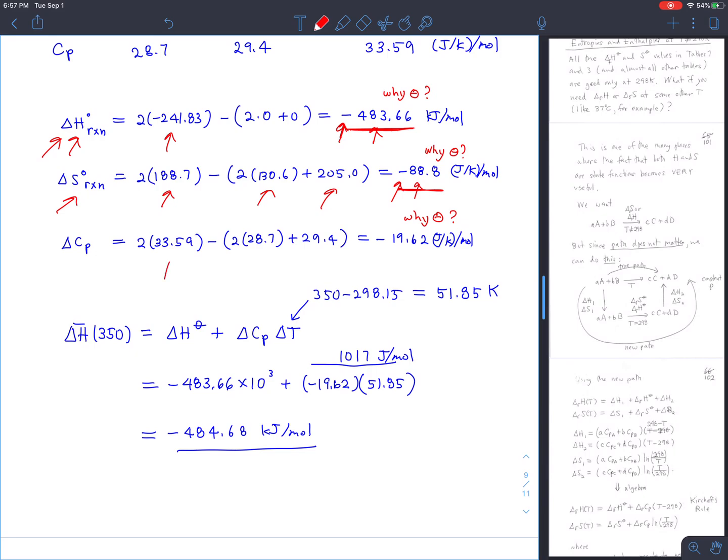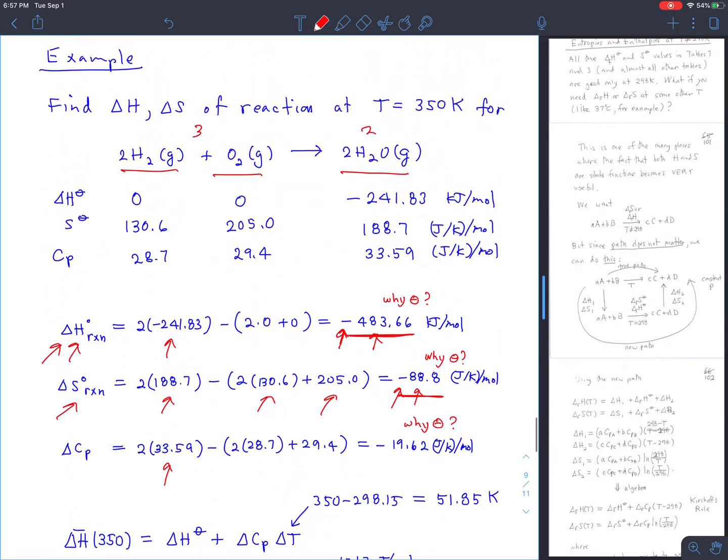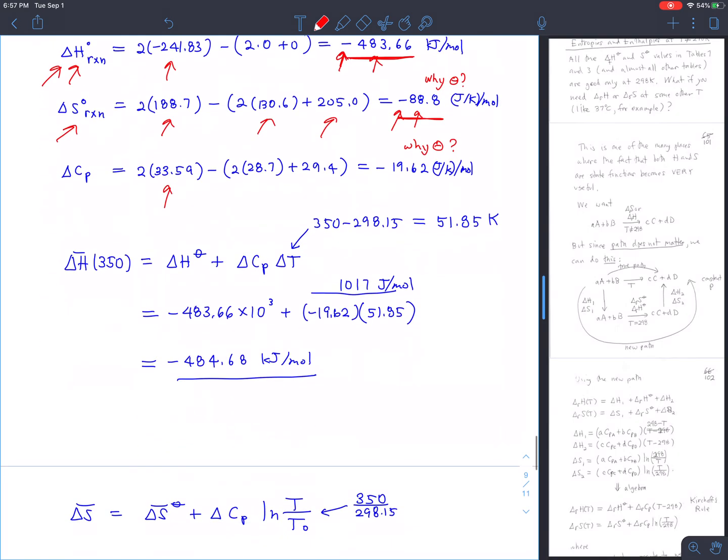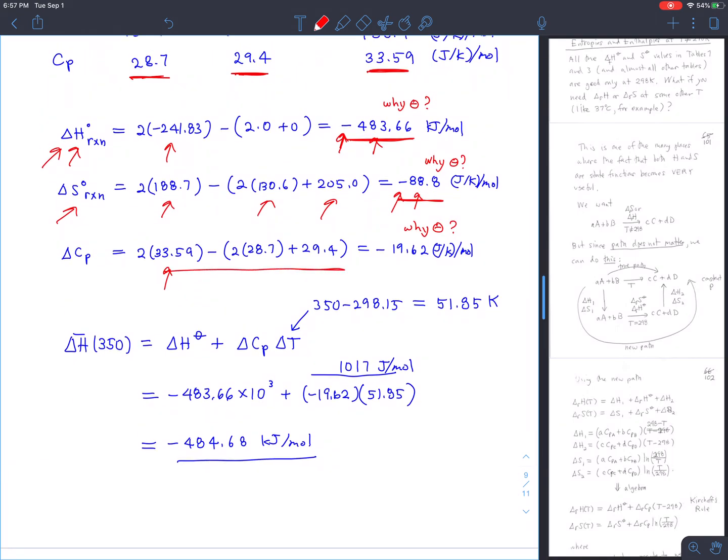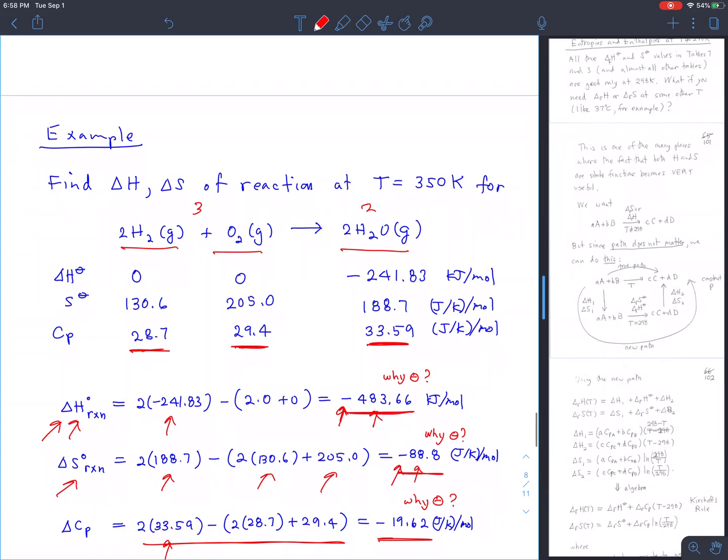And then finally, the delta Cp is the heat capacity, which is pretty large for water here, minus the heat capacity for oxygen, minus 2 times the heat capacity for hydrogen. That's all these numbers. And that turns out to be negative 2. Why negative in this case? Well, if you start looking at where energy can be stored in these initial reactants versus where energy can be stored in the products,